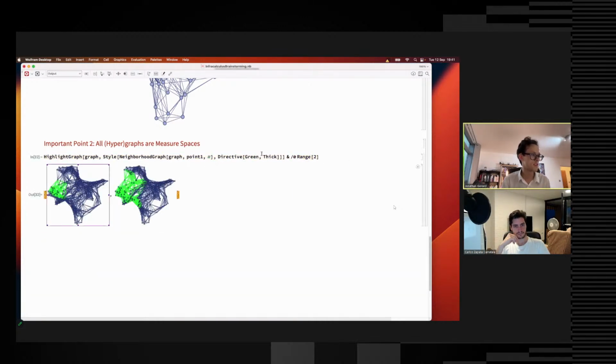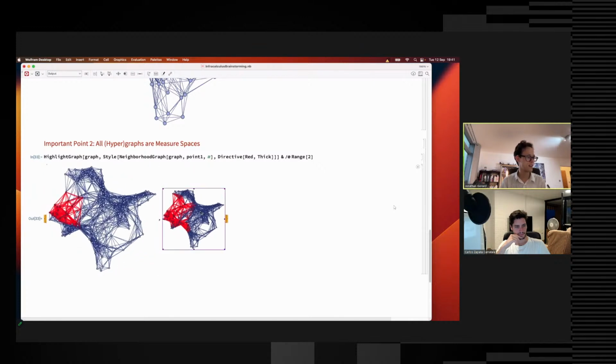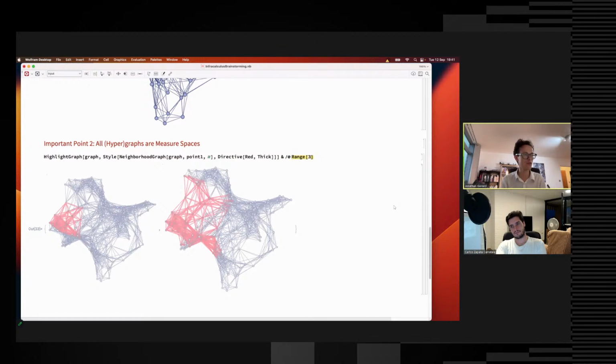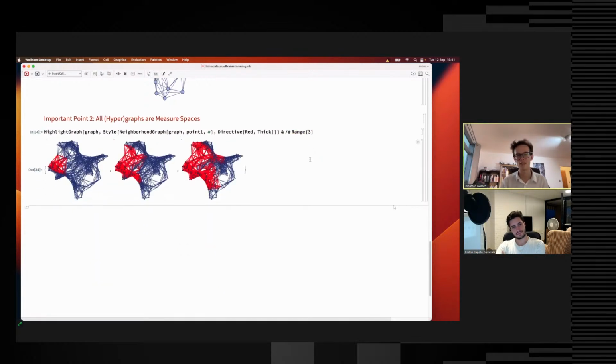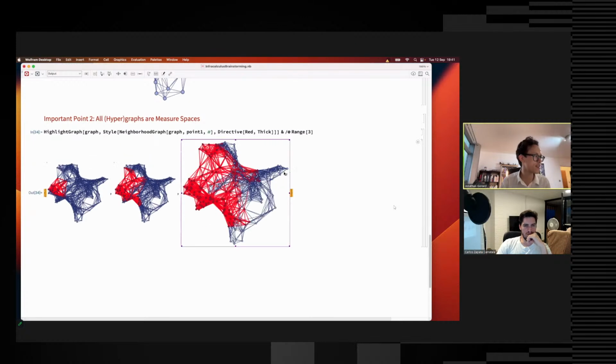So here what we're doing is we're starting at, it's a horrible color. Let's go back to the red. So we're starting at some random vertex, and then we're just growing out. We're looking at all vertices that are within distance 1, all vertices within distance 2. We go further, we can get all vertices within distance 3, and so on. And so if we then take this neighborhood graph,